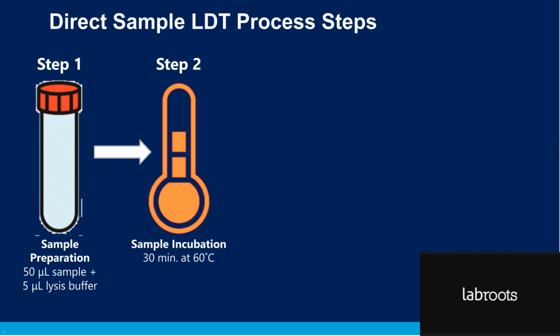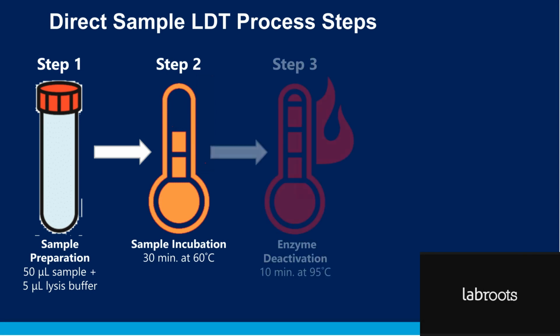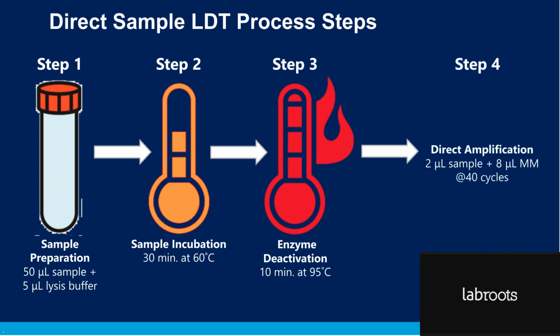The sample pretty much cooks for 30 minutes at 60 degrees centigrade, where it lyses quite efficiently. It's then deactivated at 95 degrees centigrade for 10 minutes. And then it's basically ready to be set up in amplification, where many different real-time PCR instruments could be used. We're using the Diasorin LIAISON MDX and the 96-well direct sample